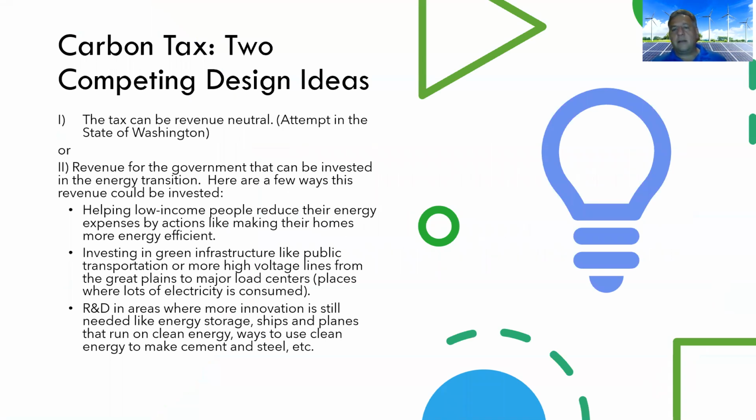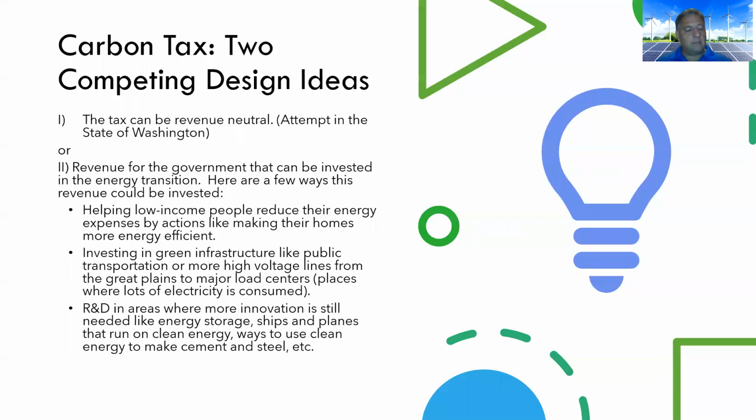There are two competing design ideas that have gained popularity in the US. The first is the idea to make the tax revenue neutral. The idea of a revenue neutral tax would be whatever money you're raising through the carbon tax, you would offset it by lowering taxes on other things, especially things you want to have more of, like investment. So you would find ways to decrease revenues, for example, cut taxes on companies that are investing in more R&D. Part of the appeal of this is that many conservatives, especially conservative economists, find this to be a very appealing